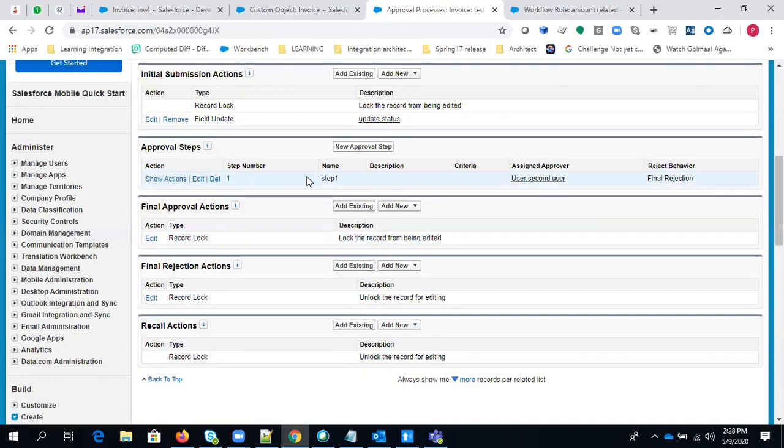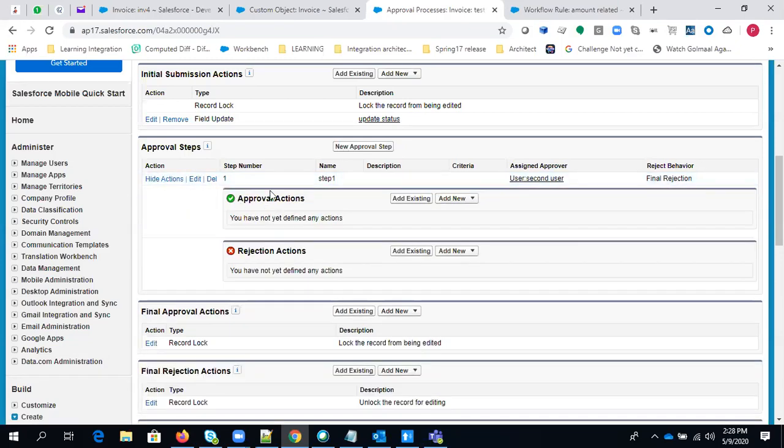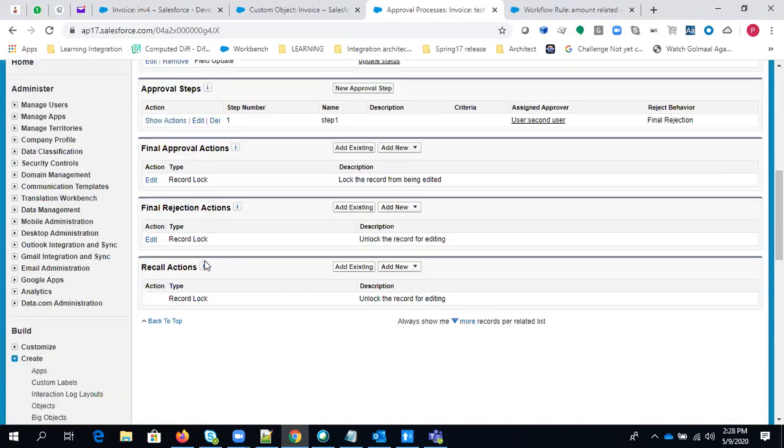If you have multiple approval steps as well, then you can also add actions here. So let's say if this particular user approves, then what you want to do. If this particular user rejects, then what you want to do. So you can also add some actions based on this particular user as well. And the final approval action will only be called when our record is finally approved, right?